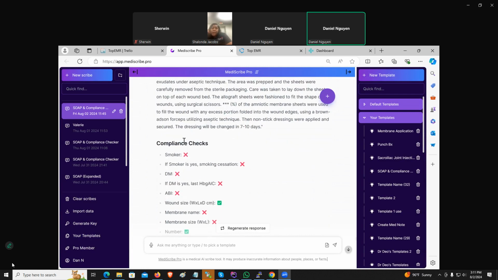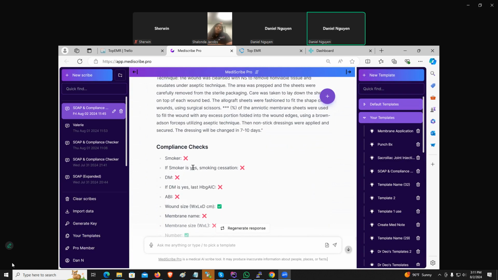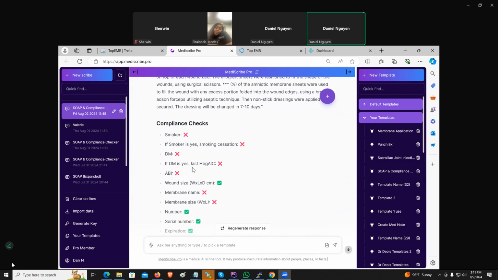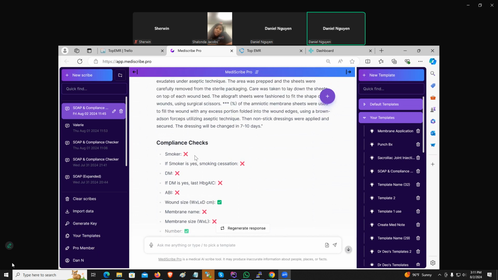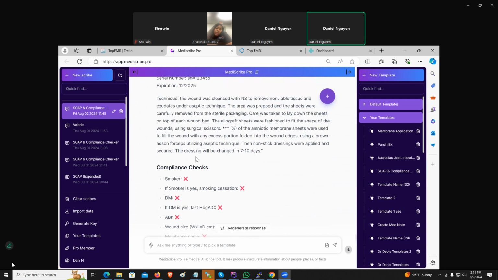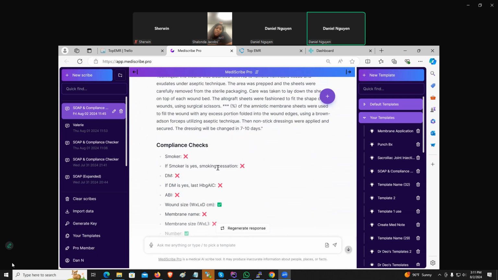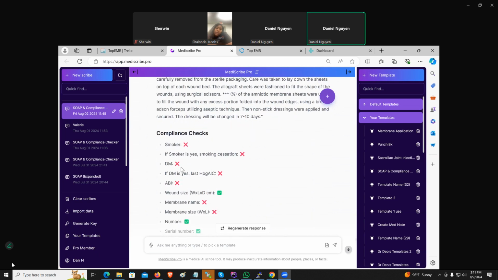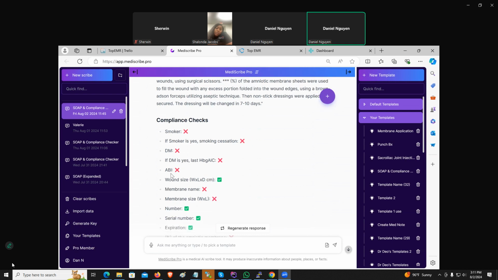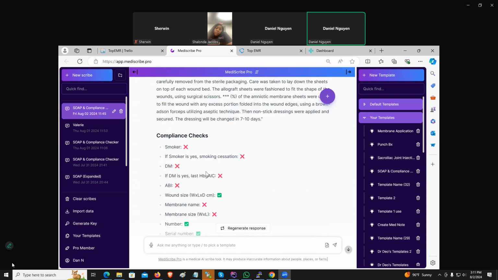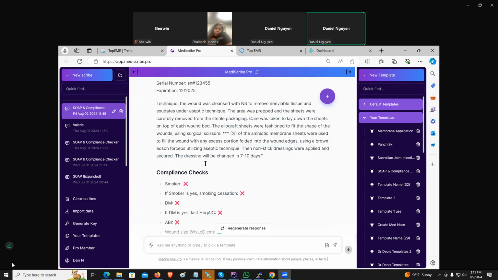But also it tells you certain fields that you're required to put into it. And as you probably know, with wound care, if the patient is a smoker, you need to specify that. And if there's any smoking cessation program that's needed, it needs to be documented. If the patient is a diabetic, you need a hemoglobin A1C. If it's on the lower leg, the ABI, which is a measurement of the peripheral vascular compromise, needs to be there, and so forth. So it kind of leads you,